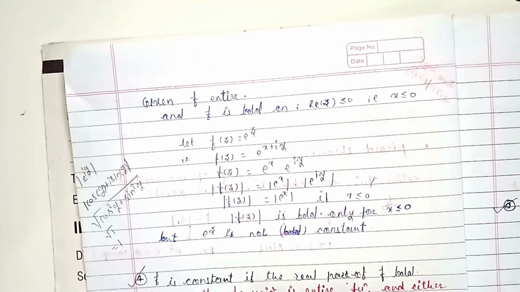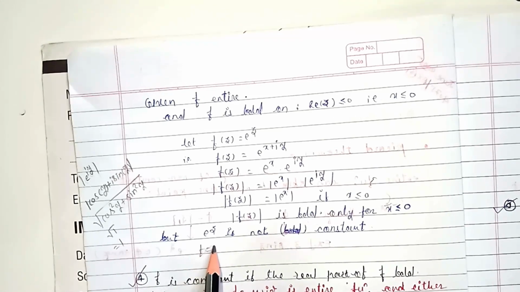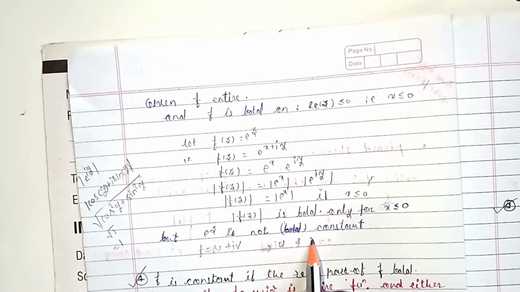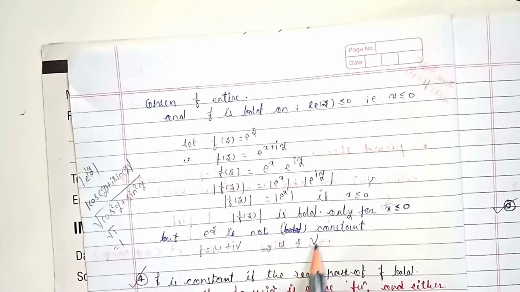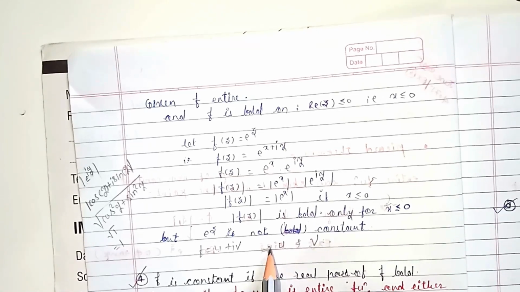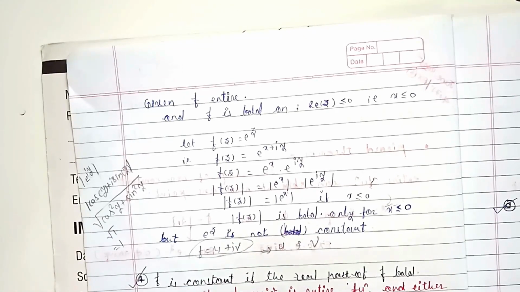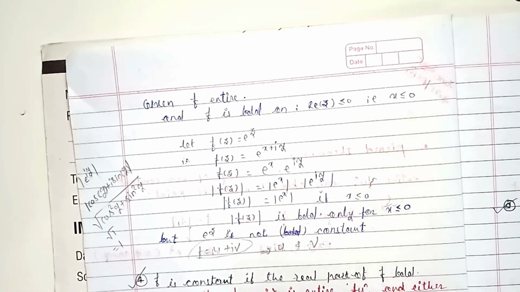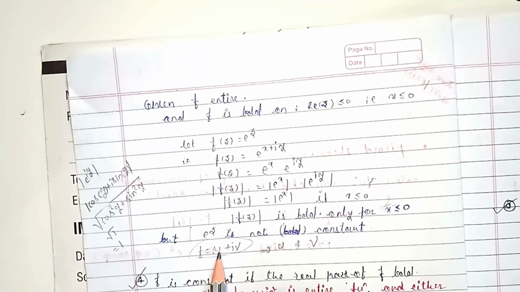Now we have one standard result: if we have a function f equal to u plus iv, where the real part is u and the imaginary part is v, then any one of them, either u or v, you may select one of them. If it is bounded, if one of them is bounded, then we say that the whole f is a constant. Always remember, this is a very important result. If we have a function f equal to u plus iv, then if one of the parts, the real part or the imaginary part, is bounded,